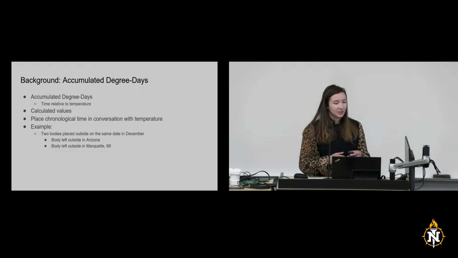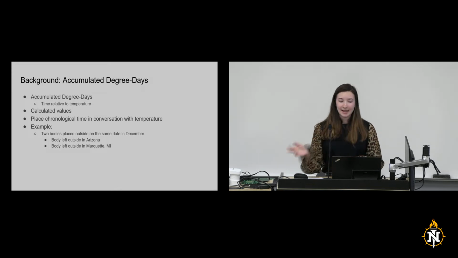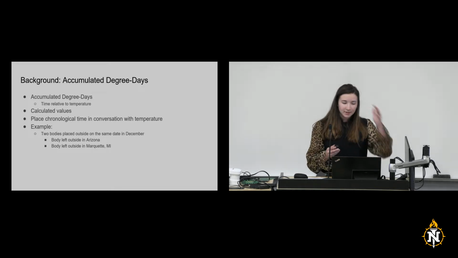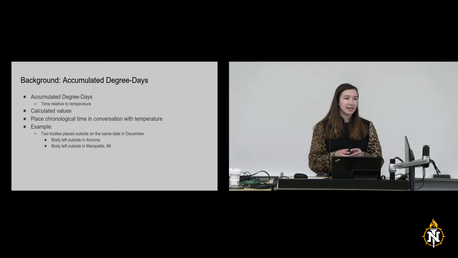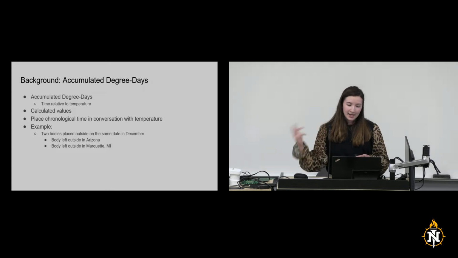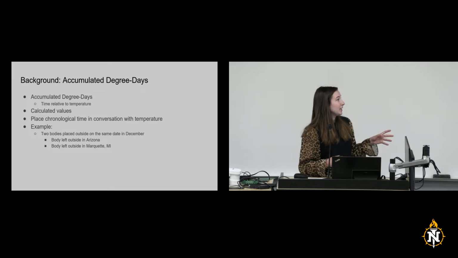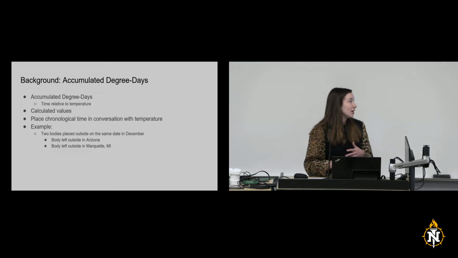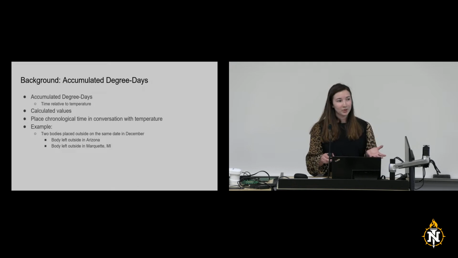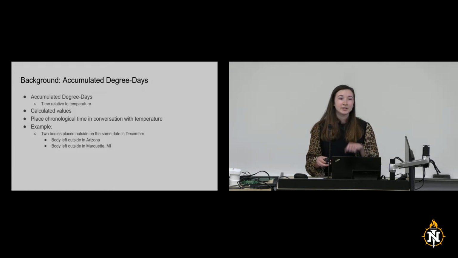So now we have accumulated degree days, and this is commonly used for relating time to temperature. These are values that are calculated from ambient temperature, or using the National Weather Service data that's provided to calculate the time and the temperature. For an example to better understand this concept, if you placed a body outside in Arizona in December compared to here in Marquette in December, the temperatures in Arizona would be a lot hotter and warmer, and the rate would be increased as well. Whereas if it was here, it'd be slower and it would have a